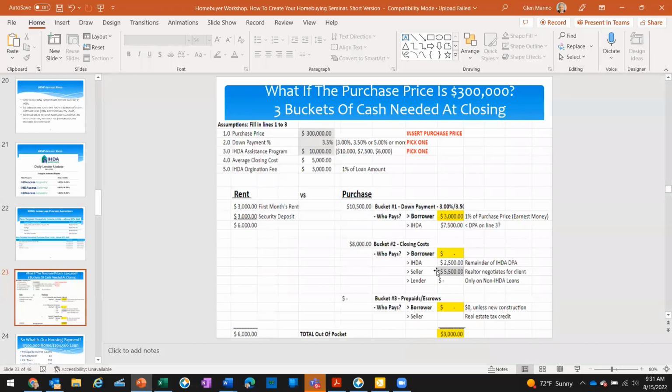They take out their calculator and they go, $305,500 minus $5,500 in closing costs that the seller would have to pay. They go, well, I get my table of expectation. I get $300,000. So the seller doesn't care. The realtors think it's great because now their commission is not on $300,000, it's on $305,500. And last but not least, the buyer says, this is great because I'm not coming up with any money in bucket number 2 because I have the seller and IDA paying for my closing costs.